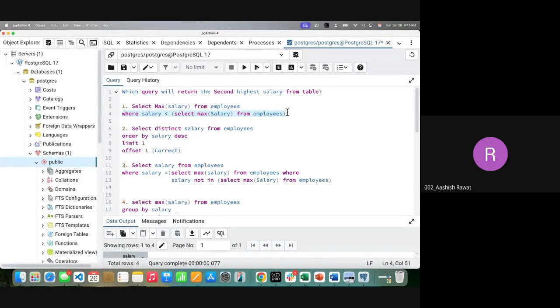The subquery will give the maximum salary present in the table, and when you use this filter, it will remove the top salary from the data. And when you take the max of that, it will give the second max from the table.